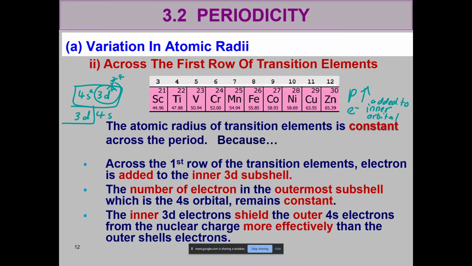So, even though the proton number increase, electrons are added in the inner orbital. So, when proton number increase and then dia punya S pun akan increase. So, actually dia punya Z effective stay the same, remain constant lah, dia tak gerak sangat. Okay,